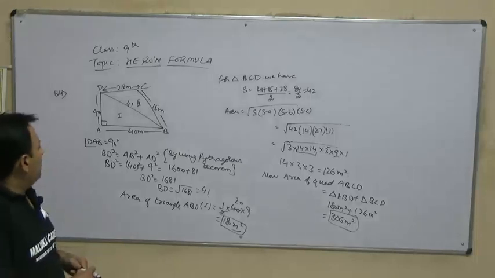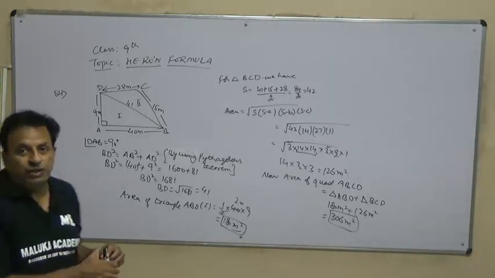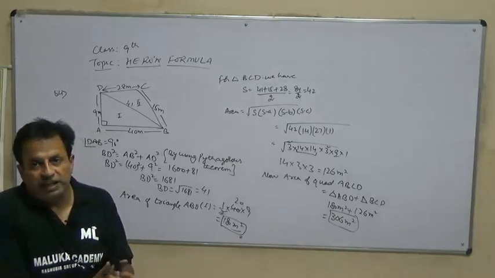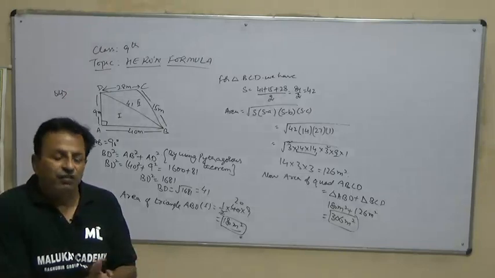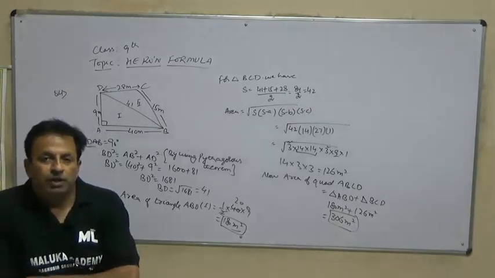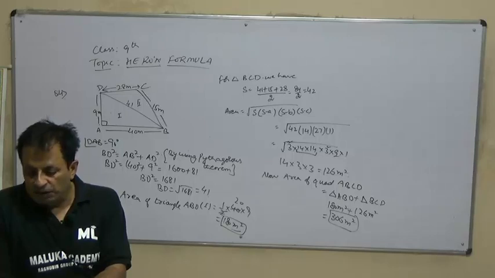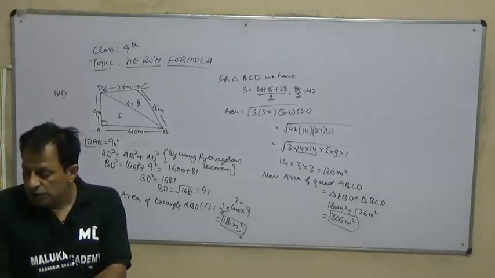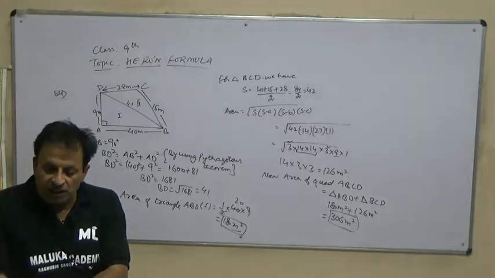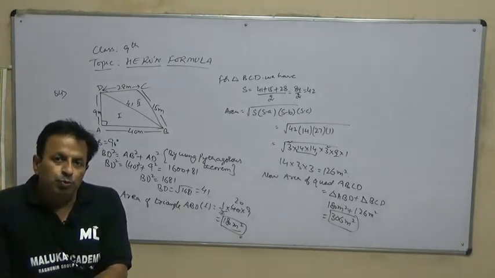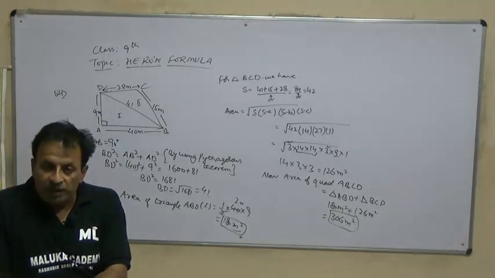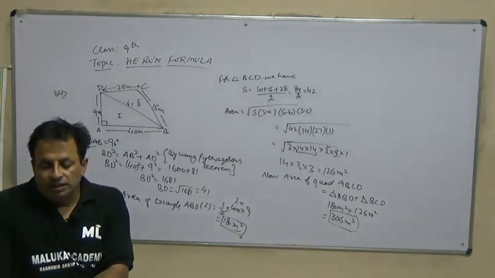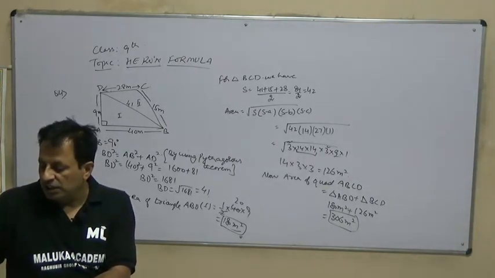So if we want to summarize today's topic, we have used Heron's formula to find the area of quadrilaterals, and we have seen different quadrilaterals, that is rhombus, then trapezium, and then quadrilateral, and we have seen some of these questions. We will continue further with these questions in the next lectures. I think you must be following all the topics which we are doing here, and in case of any problem, just contact us. Thank you for listening to the lecture. Thank you very much.